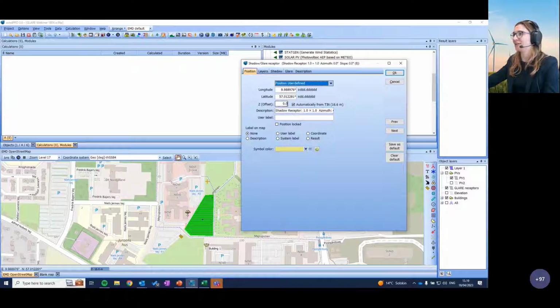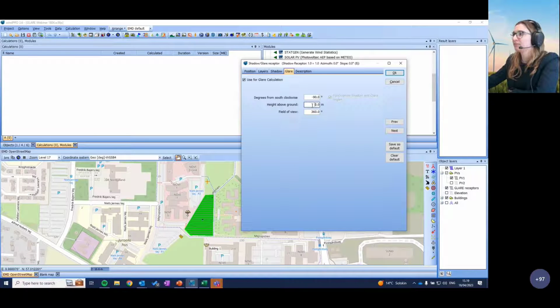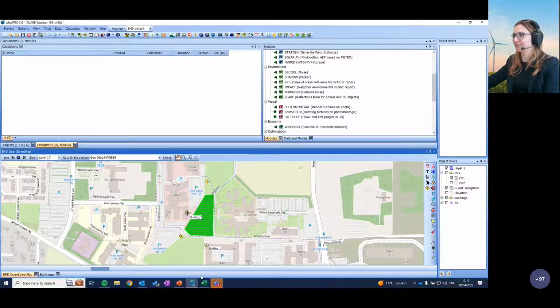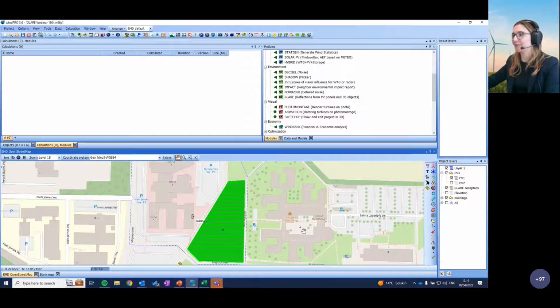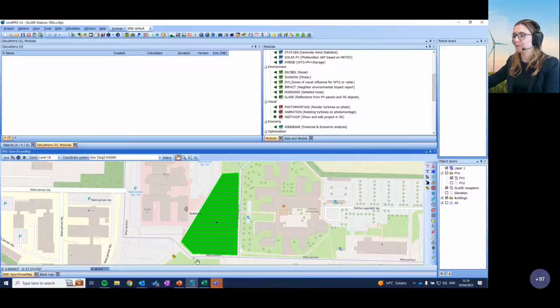And so the offset, or the number we put in there, will be put on top of that number here. I'll quickly change also the description for clarity. Building 2, and put it on the map. But we can say if the office is maybe on the 2nd floor, we can say more or less 3 meters above the ground that I want to evaluate the glare impact for. And I press OK. And now we have a receptor that is facing the PV plant, and we know all